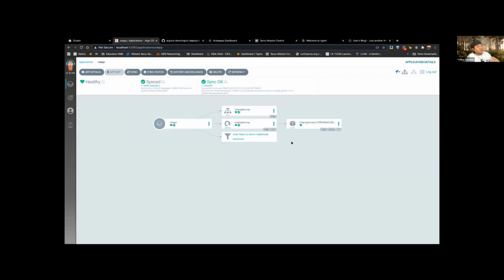So at the end, continuous delivery from this side of the house is just going to show you how to maintain all the Git operations in a way that you have a description, and it doesn't matter where it's going to be living. It could be in the cloud in GCP or AWS, or Tanzu Kubernetes Grid, whatever, right? So that's the difference. If you can see here, it's running and just created the application. But the only thing I want to show you with this, let me just get my notes here.